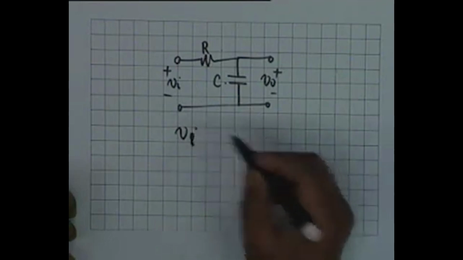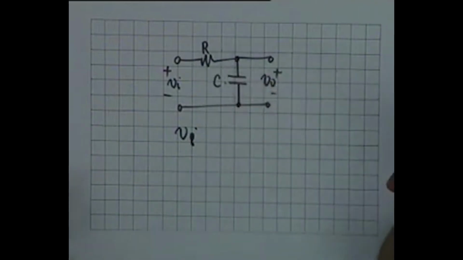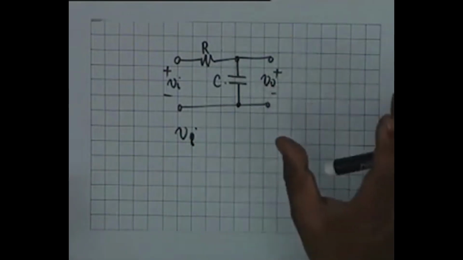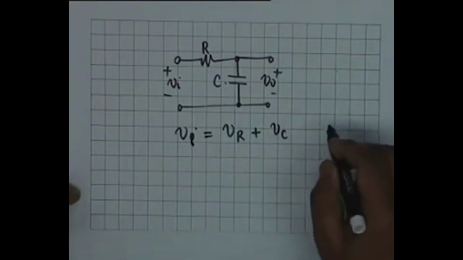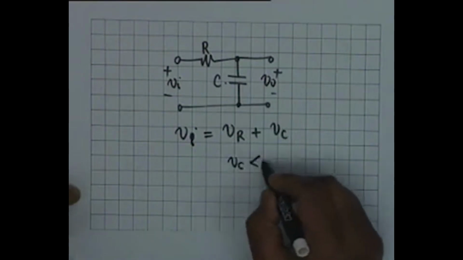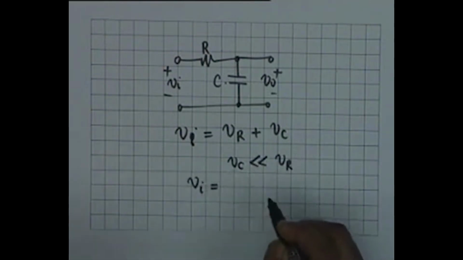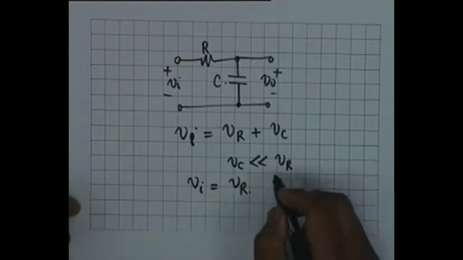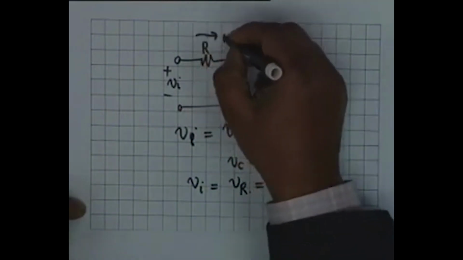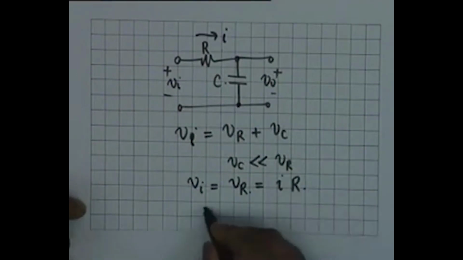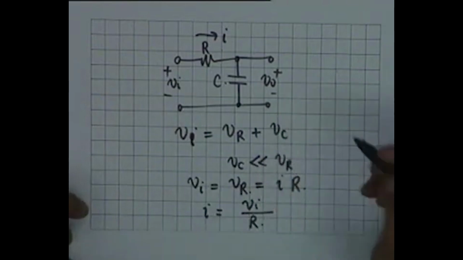Okay, in the case of the RC circuit with capacitor as a shunt and a series resistor R, which is exactly the differentiating circuit with C and R interchanged, Vi is equal to VR plus V sub C. And if V sub C, that is the capacitor voltage, is much less than VR, then Vi is equal to VR, which is equal to, if the current in the circuit is I, simply I times R. And therefore the current in the circuit is given by Vi divided by R. Alright? If Vc is much less compared to VR,